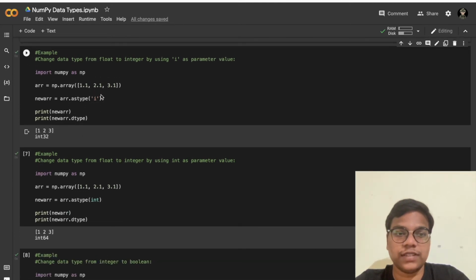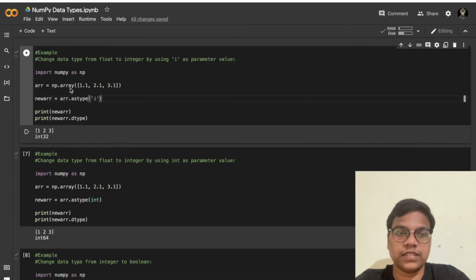Here in this example you can see what I'm doing, I'm just converting these float values to an integer. First I'm creating a new variable called newarr. Here I'm just making a copy of this array, then I'm converting it to an integer type.